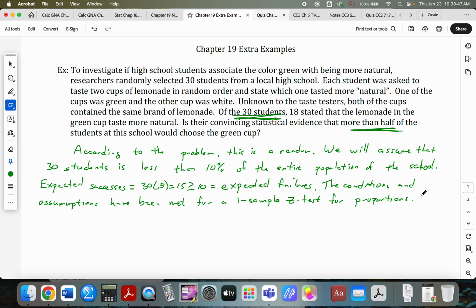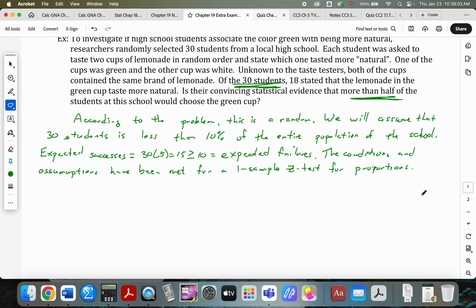What is it we're trying to do? Find the proportion of people that believe green is... Right, we're going to test whether we believe that the proportion of the entire high school is going to be greater than 50%. Yes. All right, so let's let P equal the proportion of all students at this school